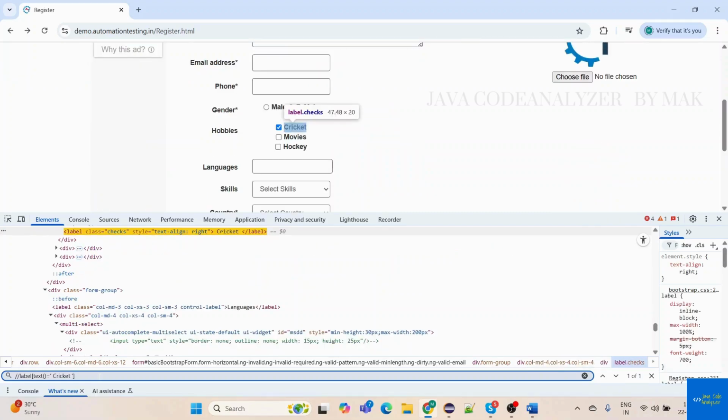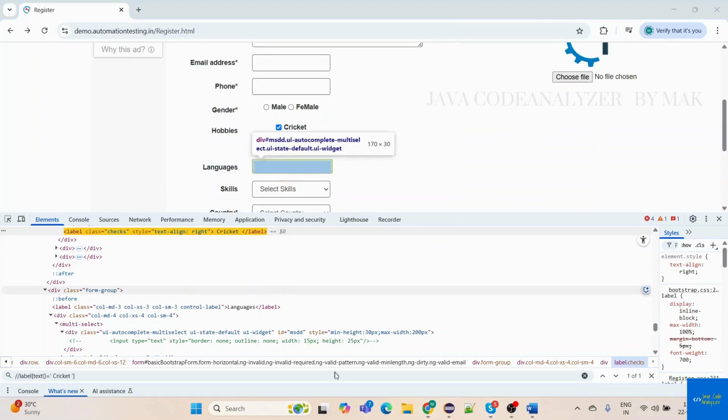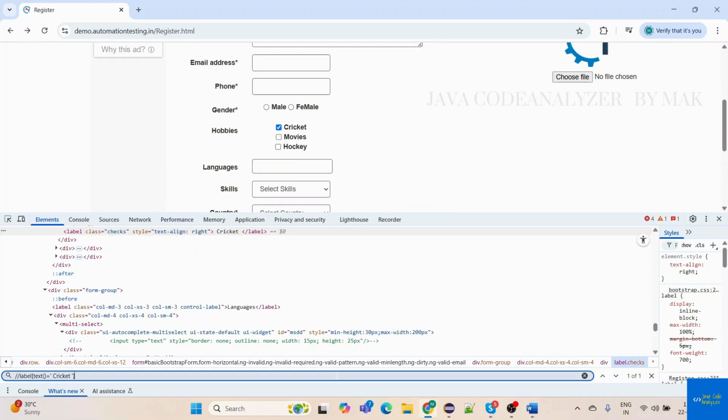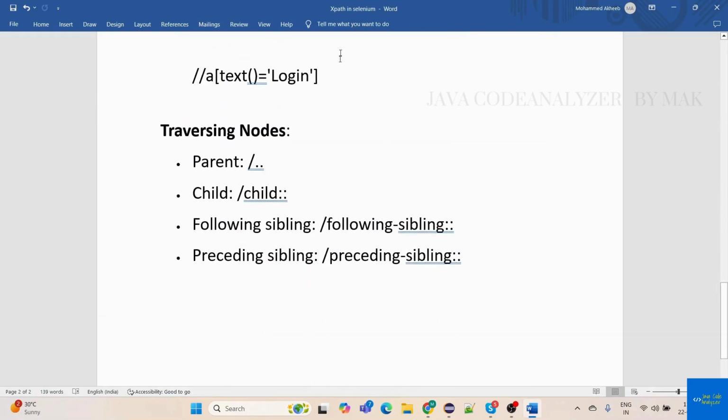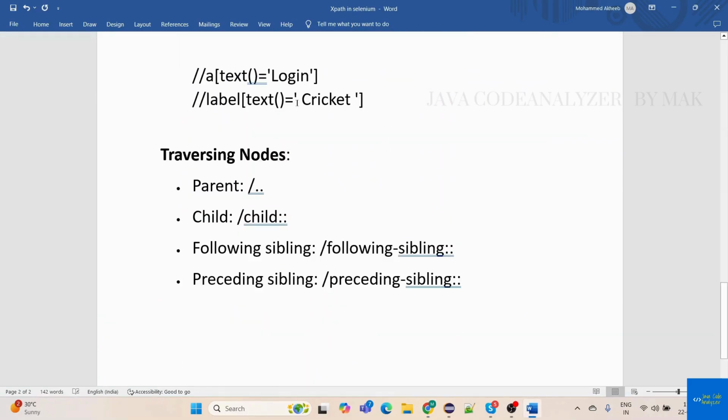See, is it highlighting 1 of 1? Yes, it is highlighting 1 of 1. Now, is it highlighting cricket? Yes, it is highlighting cricket. So this is how we can write an XPath by using text. See, this is double slash, the tag name, the text is the method, equals is the assignment operator, and then its value,